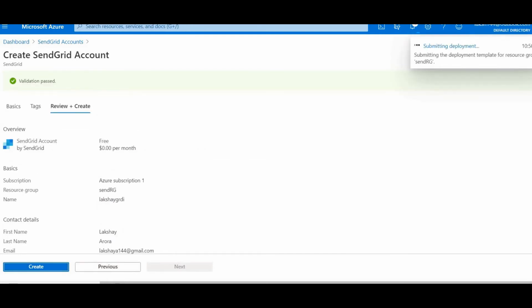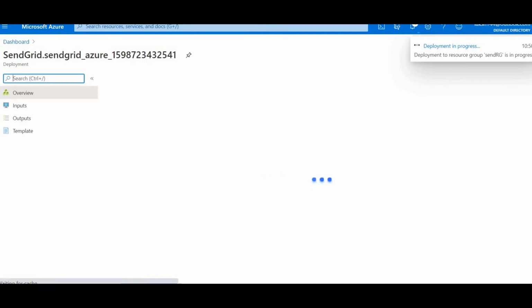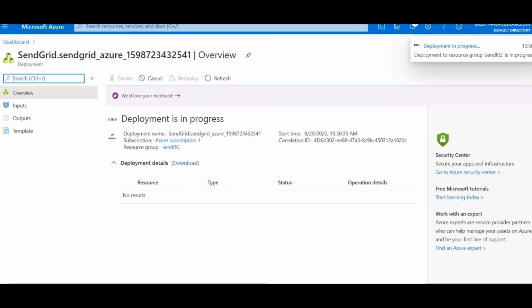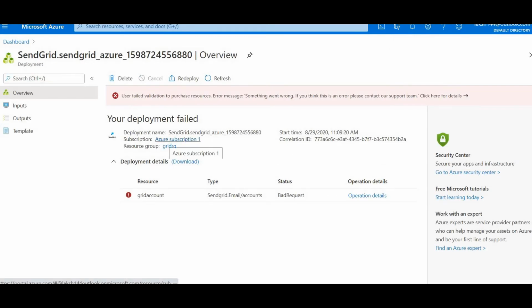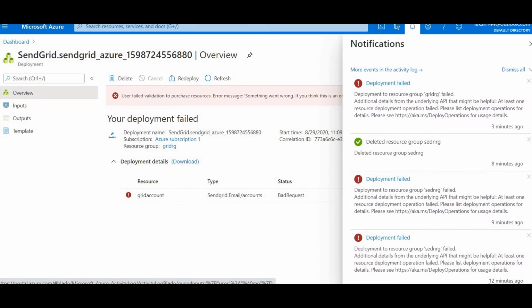This SendGrid account, initializing deployment, submitting deployment. Friends, actually I'm facing this deployment issue. I don't know what the issue is. I think it is some issue from the Azure end. It is showing that the deployment is failing. I tried it a couple of times, as you can see, four to five times.